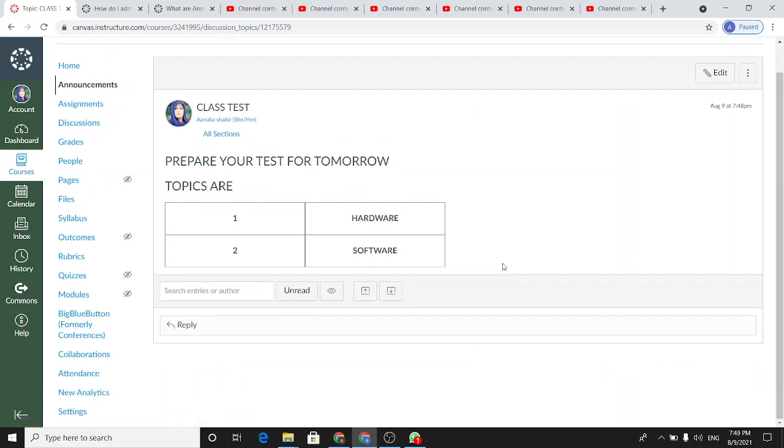This announcement has been created. This is now unread. This is deleted replies. You can see the deleted replies. You can make it off, you can make it on. This is up to you. This is collapse reply, and when you get the replies, you can collapse from here and you can expand from here. This is how your announcements will be.